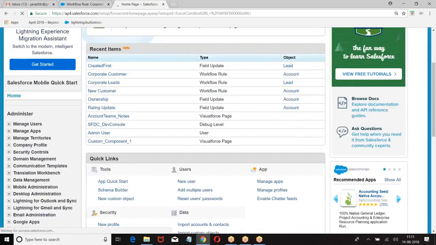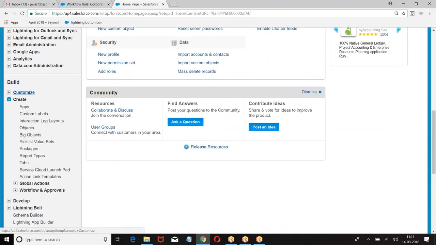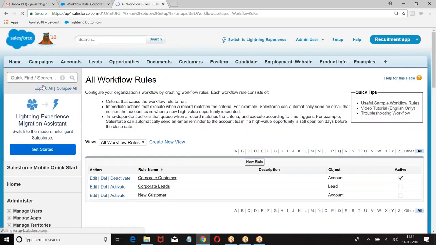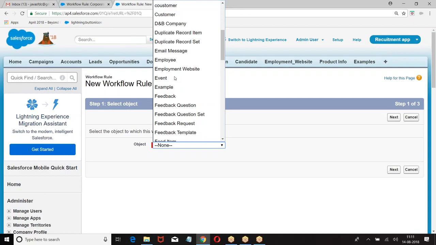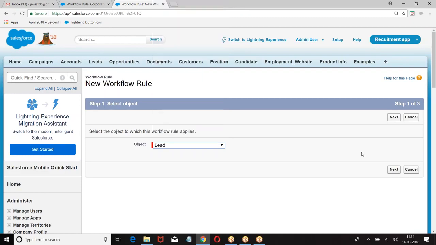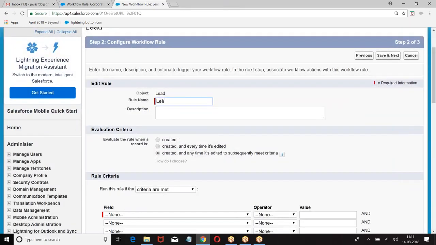Then I am going for a workflow rule. Build, create, workflow rule, new workflow rule, on lead object, multiple.